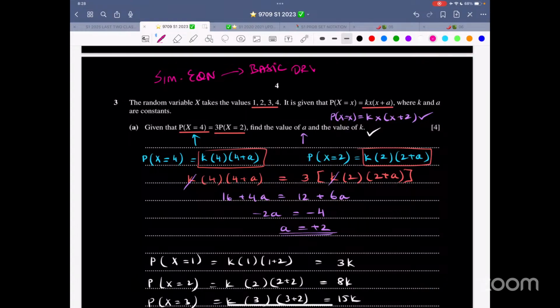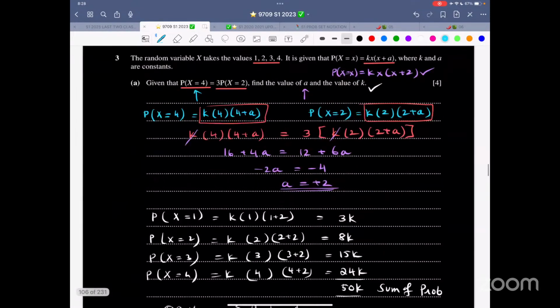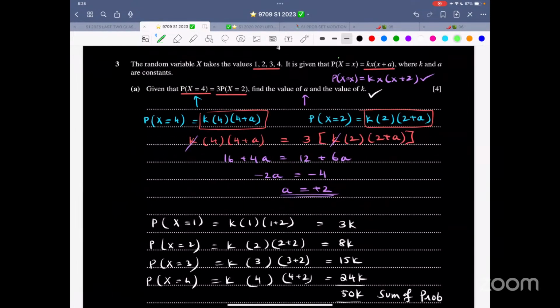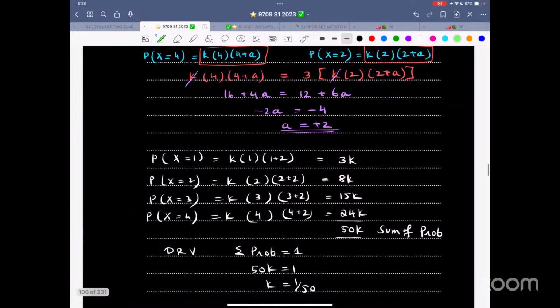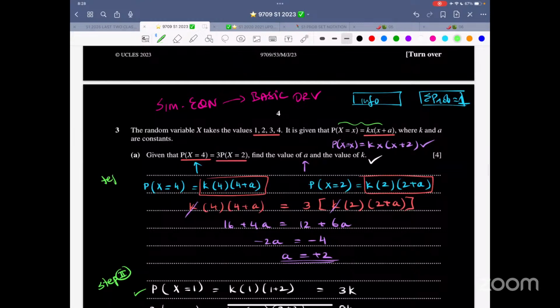So one equation would be the info given, the relationship given, and the other one would be sum of probability should equal to 1. Double check. So first of all, I took this thing. There is right over here, probability X equals x is this formula. Probability X equals 1, X is 2, X is 3, X is 4. We get these 4 probabilities. The total is 50k. So you can say this is step number 2. And step number 1 was basically following this working.